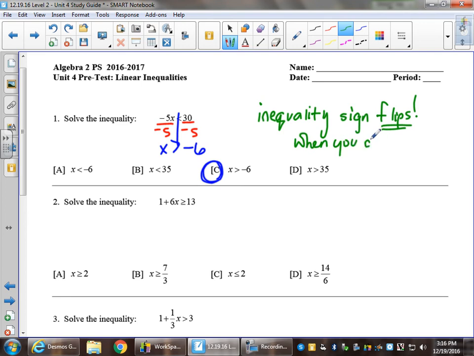When you divide or multiply by a negative,